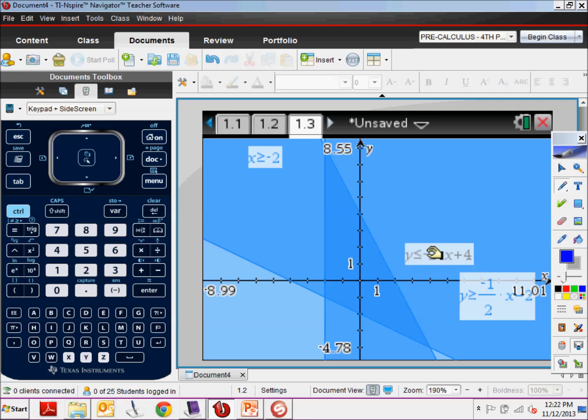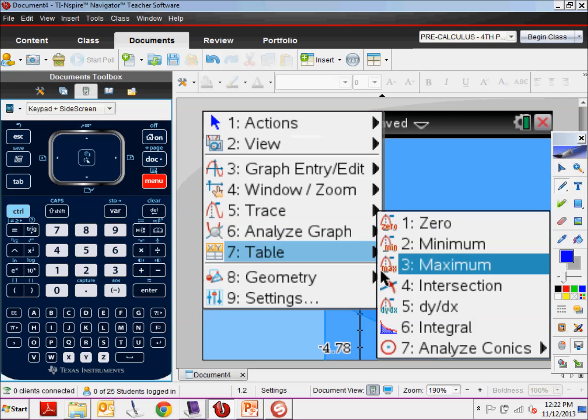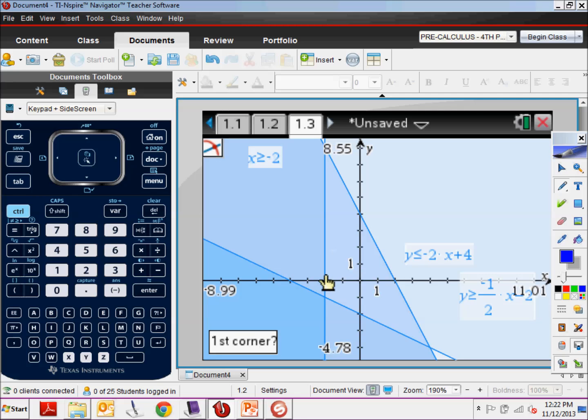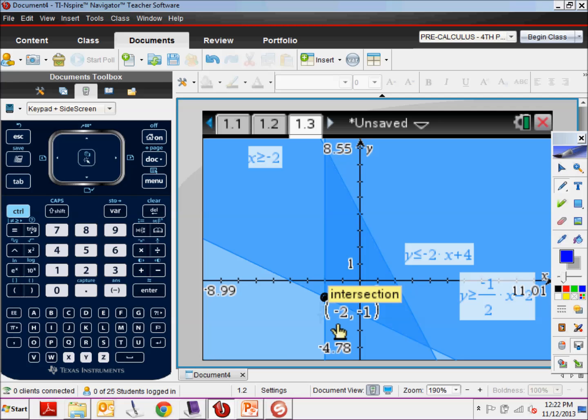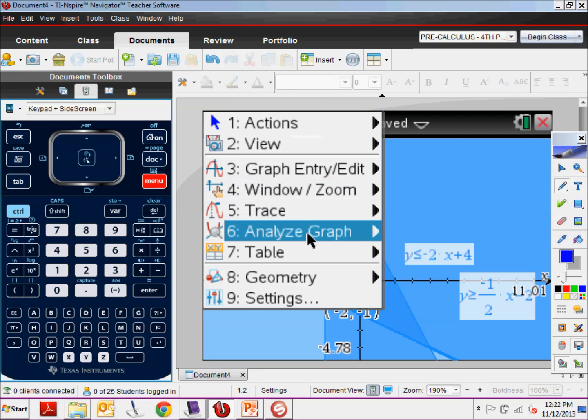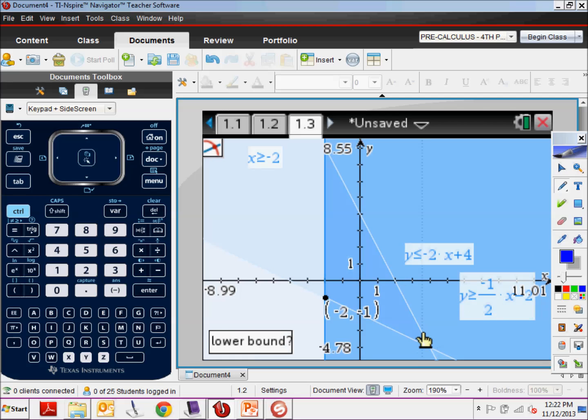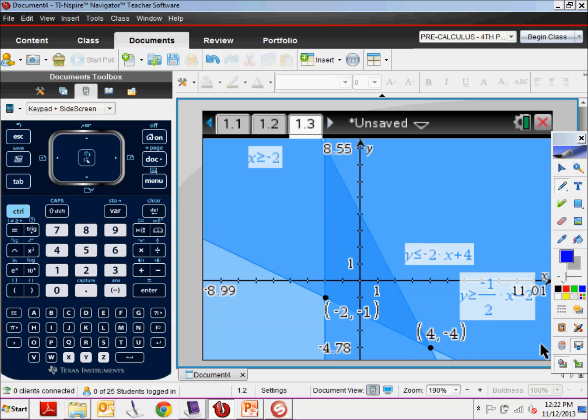Please hope you're still following along. I'm going to go menu, 6, 4. I click on one graph. I click on the other graph. Because it says first corner, that means I go up, then I go down. Next one, menu, 6, 4. I click on one graph, click on the other graph. When it says lower bound, that means I'm going left to right. So lower bound, upper bound. And it tells me I'm at